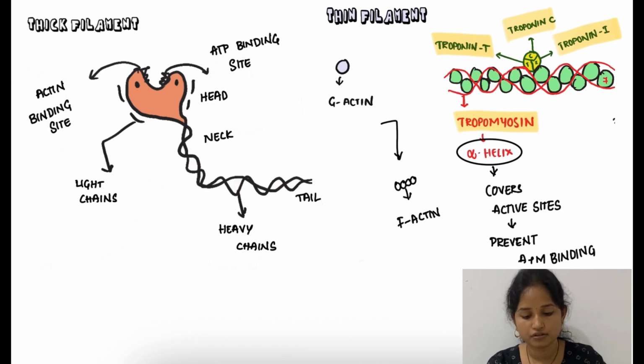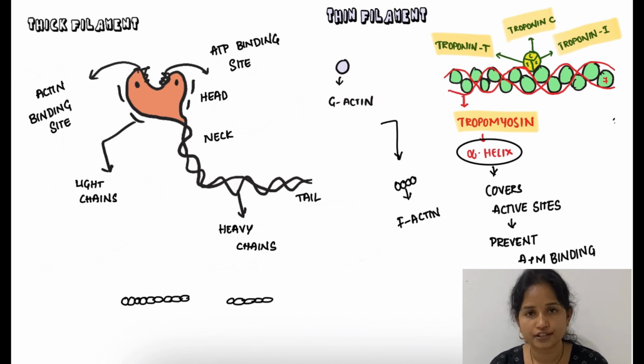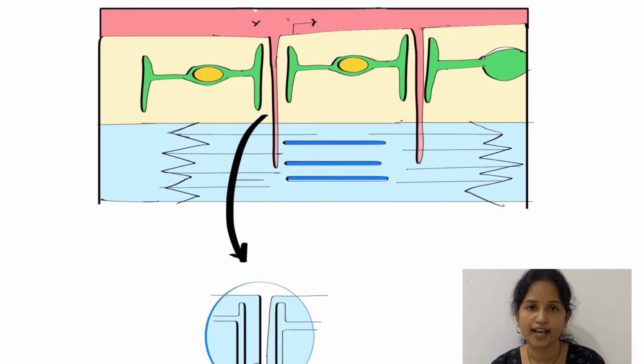Okay, and also you can see the coincidence of myosin with that of the thin filament, thick filaments with the thin filaments. All this together combines to form the A band. Now the heads of this myosin will be directed towards the actin and the tail ends of these myosin molecules will be towards the center. That's why in the center there will be a lighter zone which is the H zone.